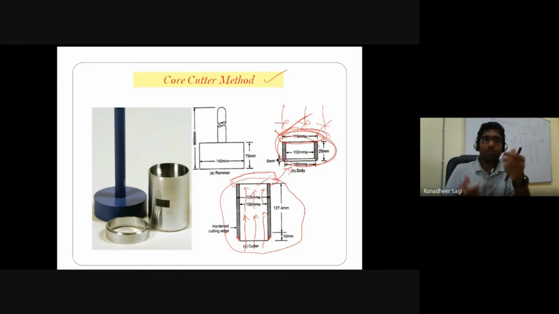And now my objective is to ultimately calculate what is the dry density of the soil, or your dry unit weight of the soil, which is compacted in the field. So if I want to get this dry unit weight, then once again dry unit weight is nothing but bulk unit weight by 1 plus w. So what is bulk unit weight? How do I calculate this bulk unit weight? Once again the same story.